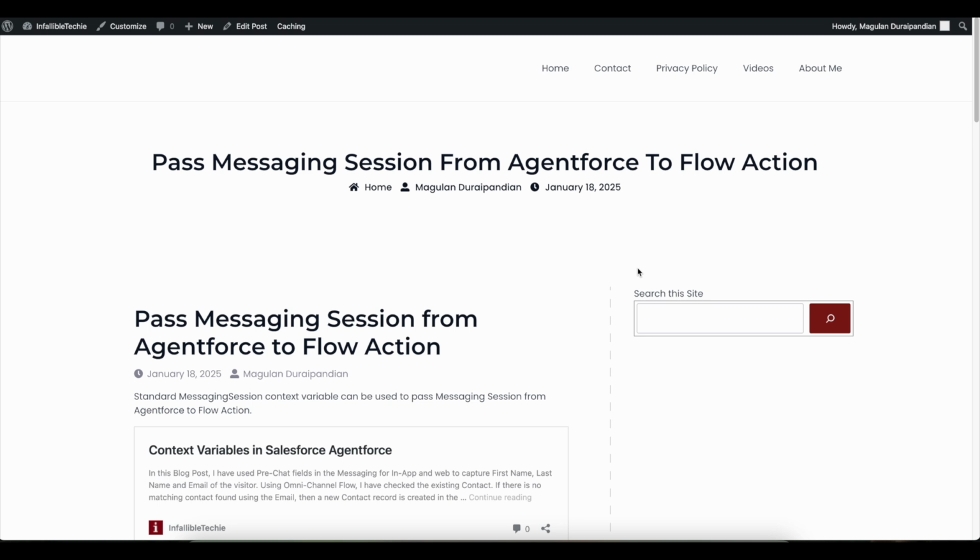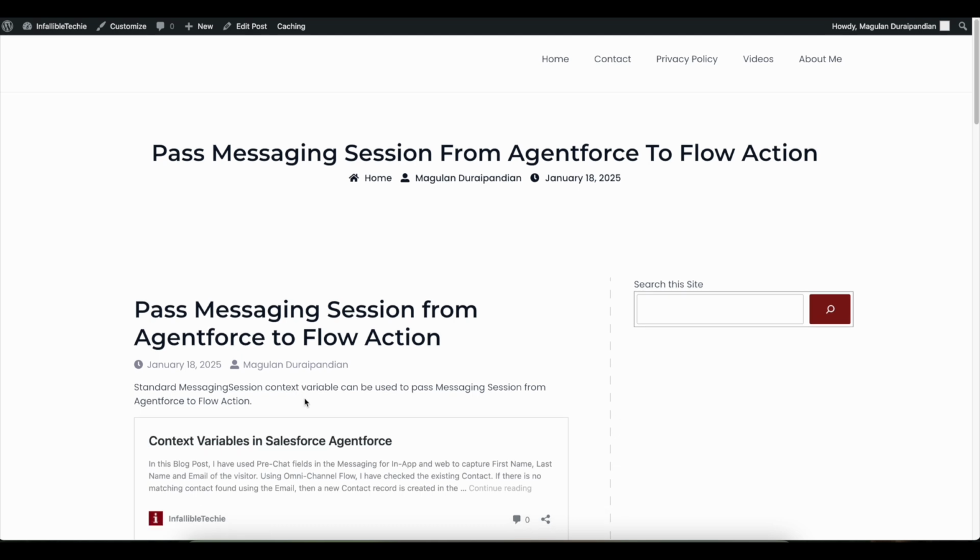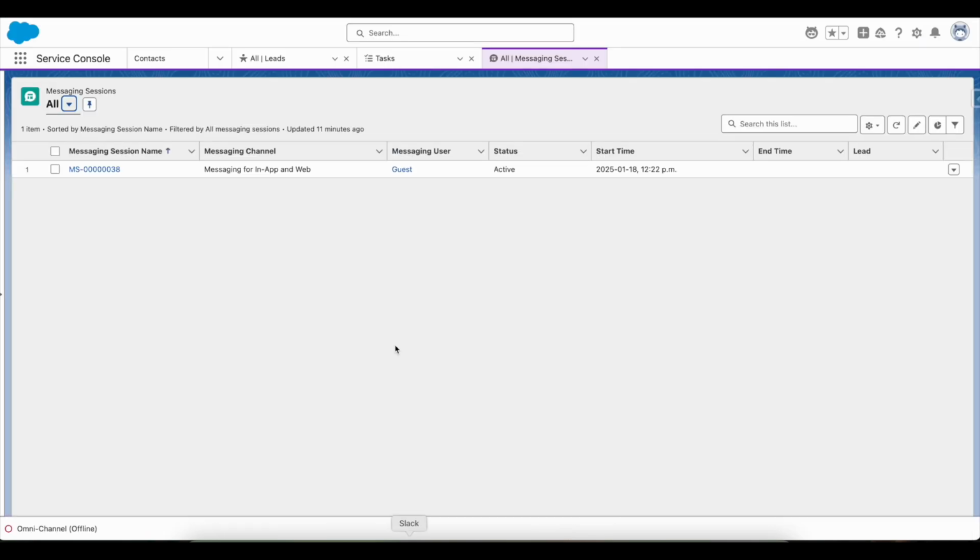Hello everyone. In this video, we are going to see how to pass Salesforce messaging session record from Agentforce to the flow action. In Salesforce Agentforce, we have context variables. If you want to know more about it, you can check this context variables usage in Salesforce Agentforce. The standard messaging session context variable can be used if you want to pass the messaging session record to the Agentforce flow action. Let's see the